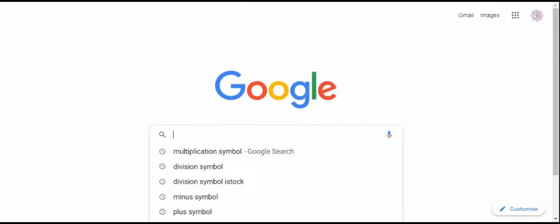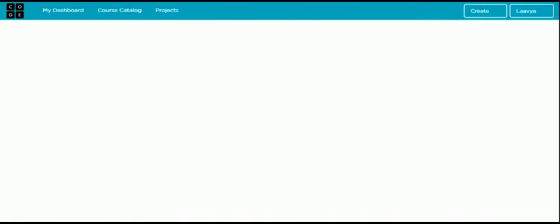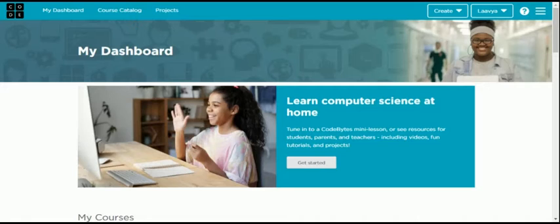So first we'll type code.org. You will come to a screen somewhat like this. Your screen might be different as my screen has been signed in. So here will be an option to sign in. You can press it. You can either create an account if you don't have one, or else you can just use whichever you have if you have it.